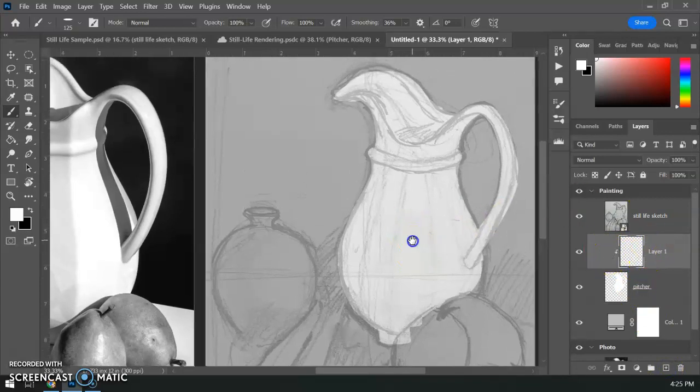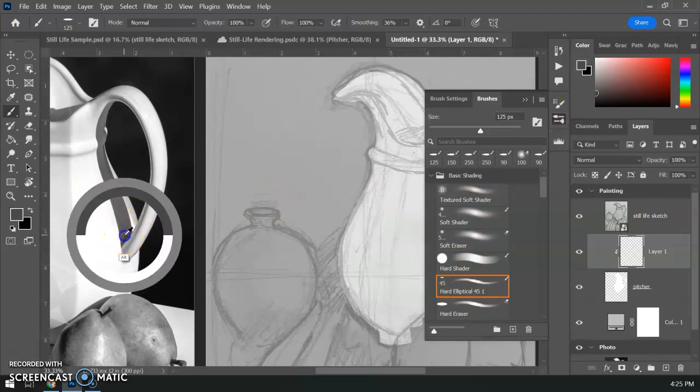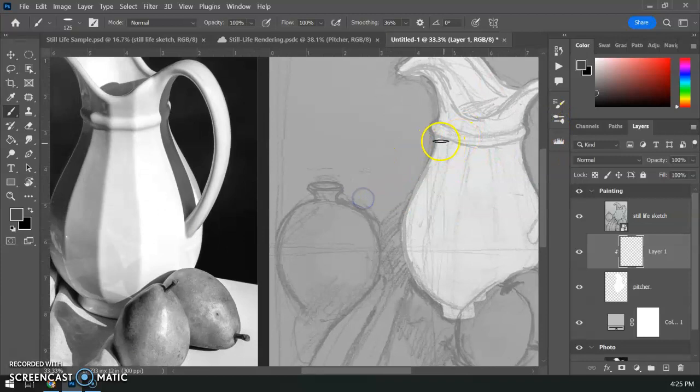So we're going to clip that in so that now, when I start working on this layer, maybe I want to use my hard shader again, and this time I'm going to switch over to maybe a black, or I'm going to color pick from here and get a dark gray value. Maybe I don't want to be all the way to the black end of the spectrum with it. And I'm going to start to work on this clipping mask. So I'm going to brush this shading down here, and I can always come back and clean up these edges a little bit, or fade this out. Like if I get down here and then I go, okay, I want to soften this up a little bit, bring it in pretty heavy right here,